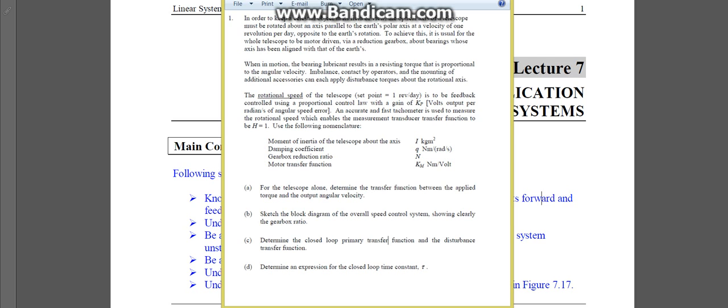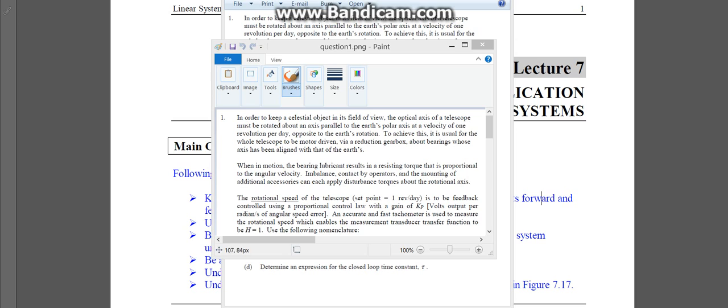It's a bit of a wordy question, so what we have to do is pick out some fundamental points from this question. Firstly, let me quickly get this question up onto Paint, and I'll be highlighting some important sections of this question. If you like, just pause the video and have a read of this question, up to you. Okay, so firstly, this question's asking,